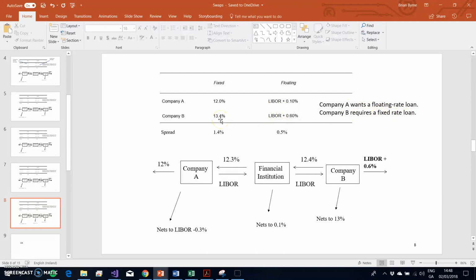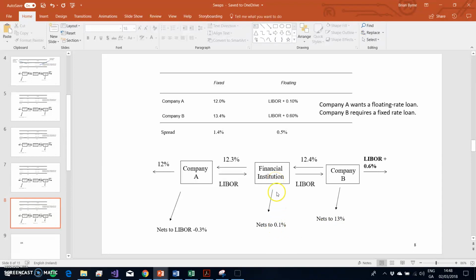The rate that they have available in the market is 13.4. If we were to engineer a 0.4% improvement on that borrowing cost, that would bring down their borrowing cost to 13. The swap allows us to engineer this 13% outcome while also allowing 0.1 to be made available to the